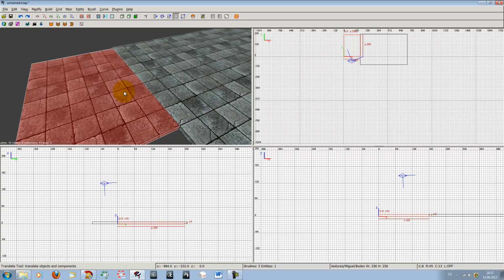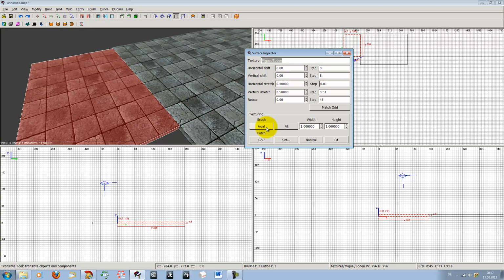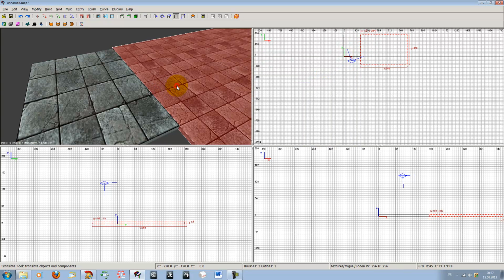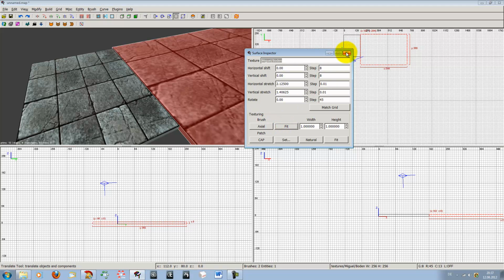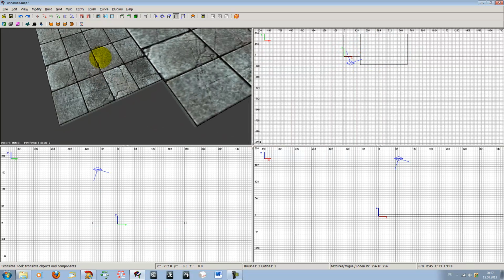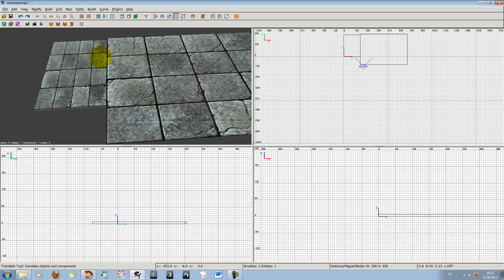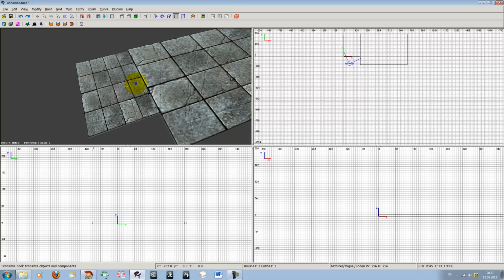Normally you would have something like this. Then you got the same texture on 2 different sized objects,